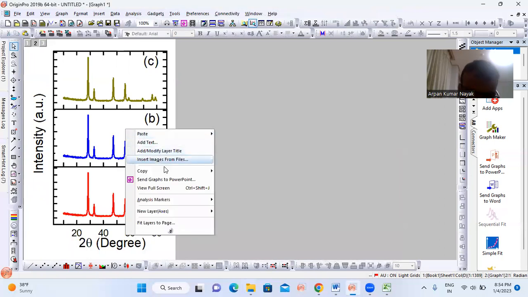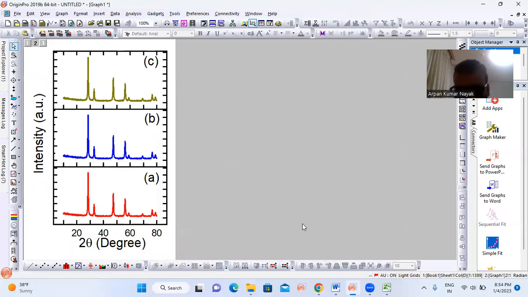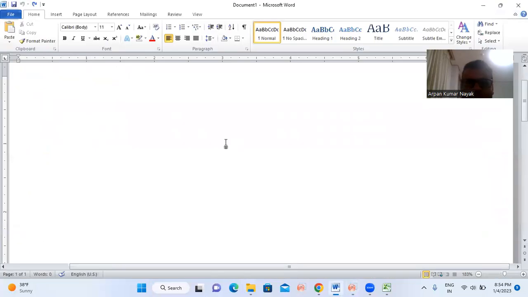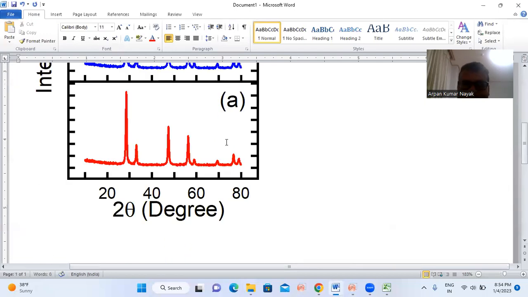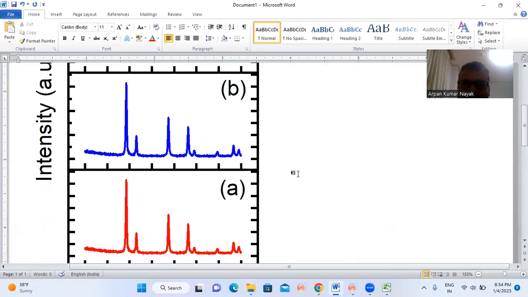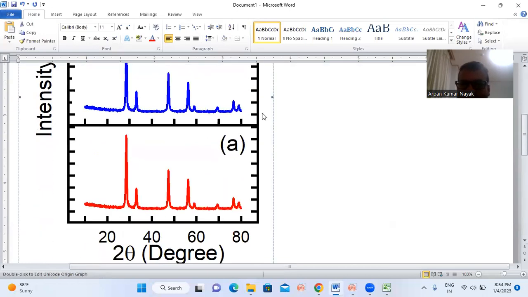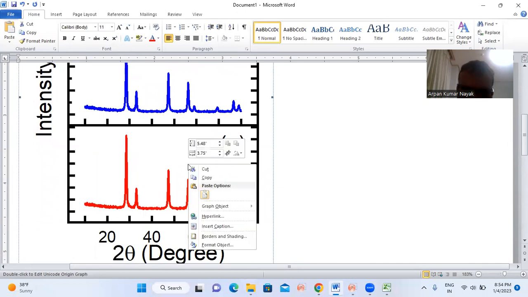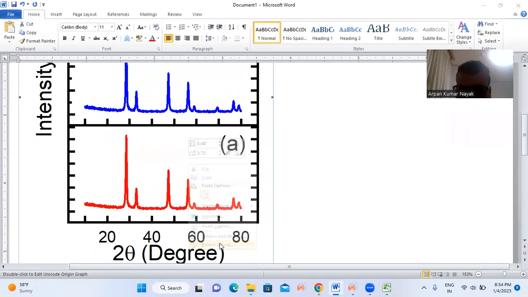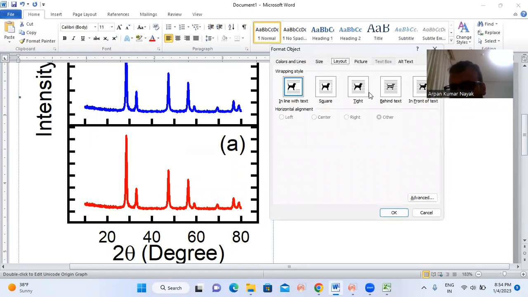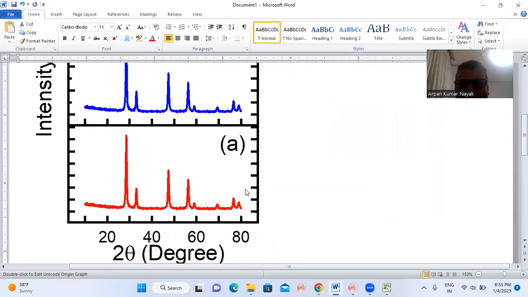So I want to make it a copy. So copy page and then just open it and paste it. So if you make this copy paste, then what will happen? In a Word file, if you paste it, then when a correction is needed, if suppose you want to make some correction, here if you directly double click on that, then you can also similarly go to format object, then layout, you can make it tight or you can make it in front of this one so that it will be movable. So you can also crop